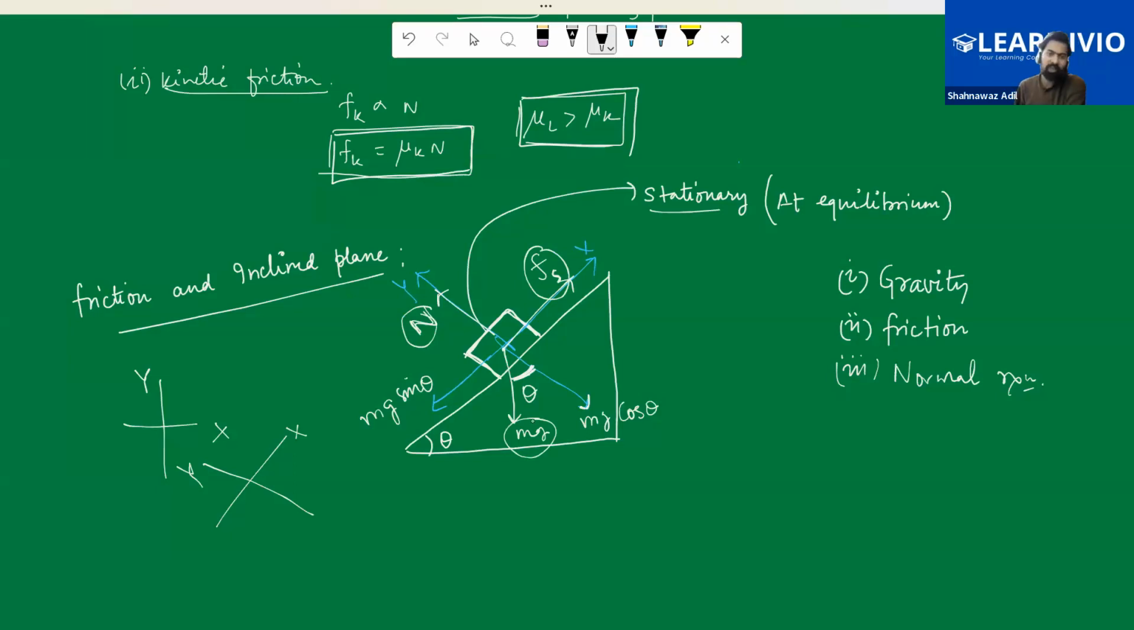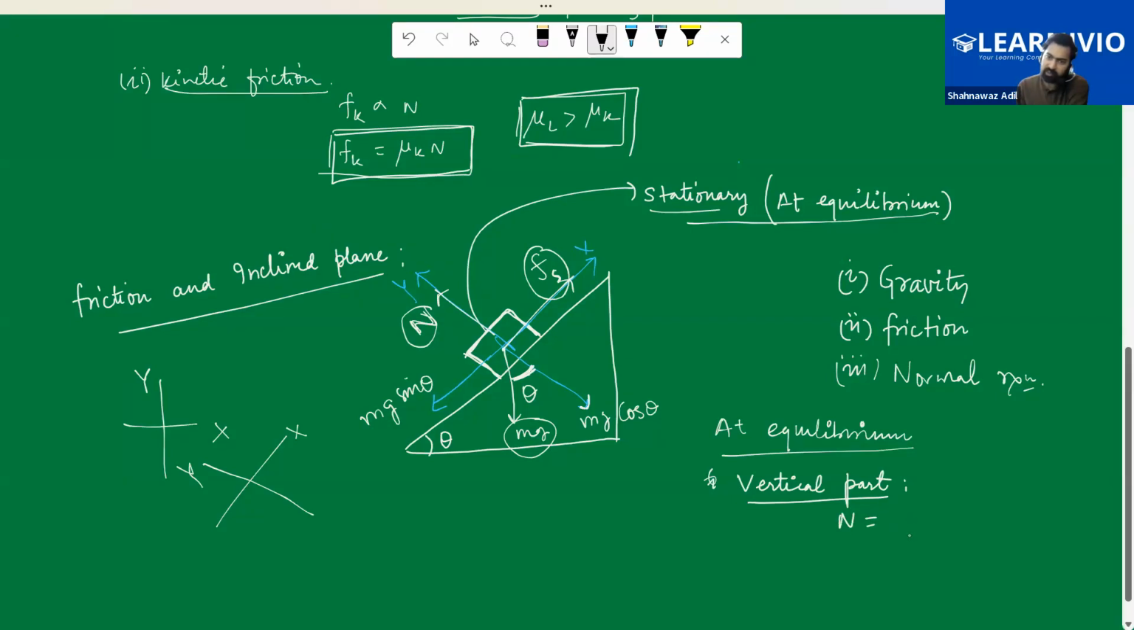But this mg will have two components, right? And because these are at equilibrium, all the forces are balancing, right? So at equilibrium, all the forces are balancing. So first is the vertical part. What is the vertical part? You have N, that would be mg cos theta,